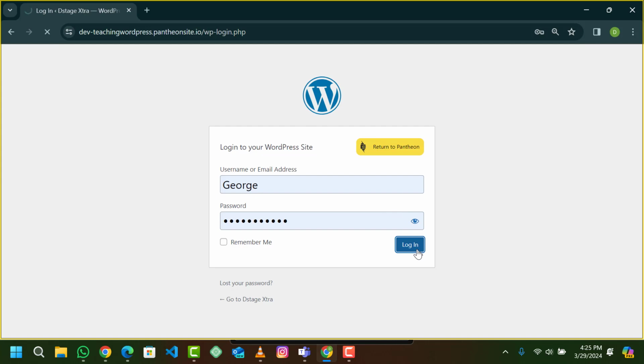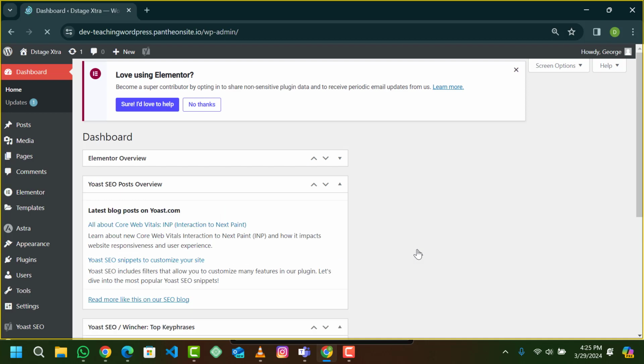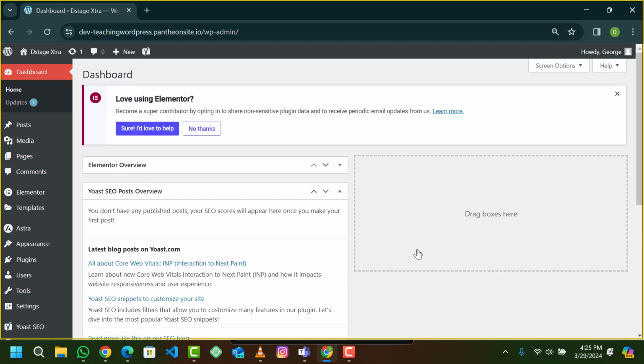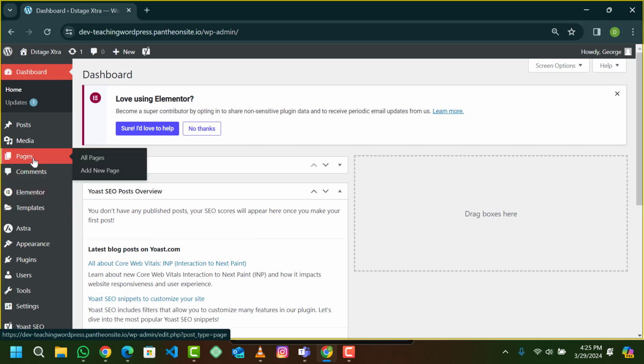So let's say I'm creating a page. How do I create a page? After you have installed your Elementor and you have done with other things, you just go to this place, you see page. On that page, you click on add new. So after you click on add new page,